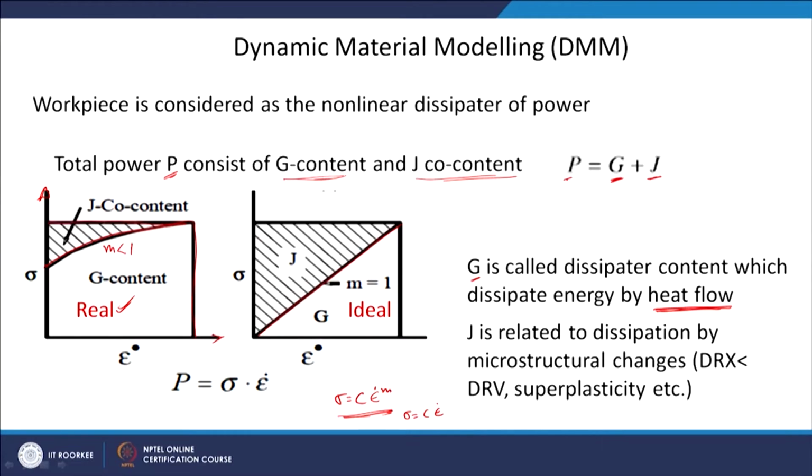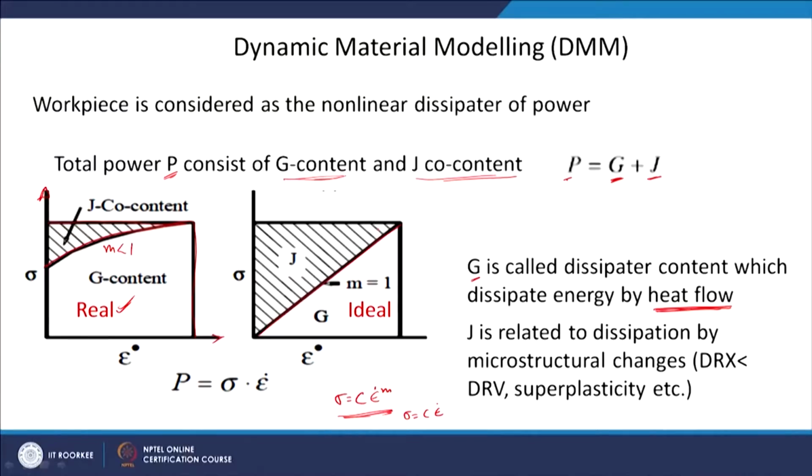So, this is my maximum energy I can put in for microstructural change, which is half of this rectangle. Okay. So, half of sigma epsilon dot, and now I can very nicely define how much energy is going for microstructural change in a real system. So, this is the maximum I can get for an ideal system, half of the rectangle, and what is the actual energy going in any real system?